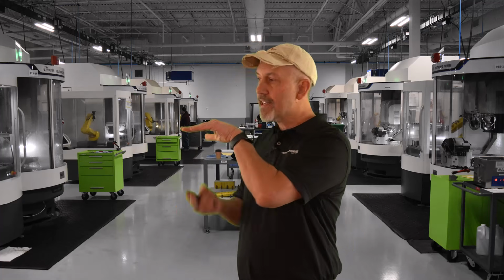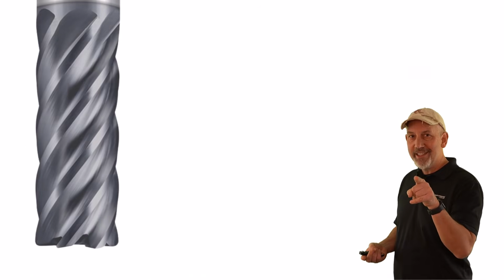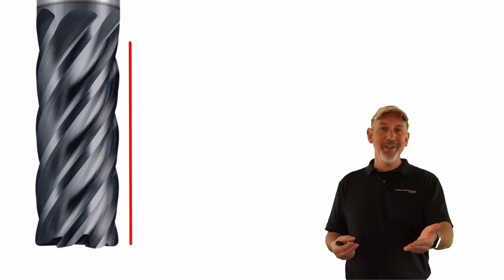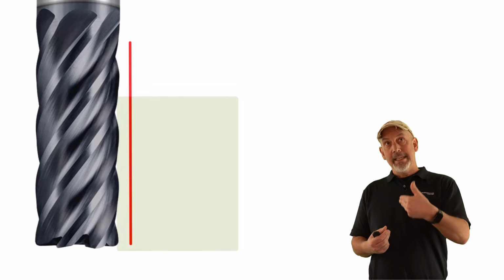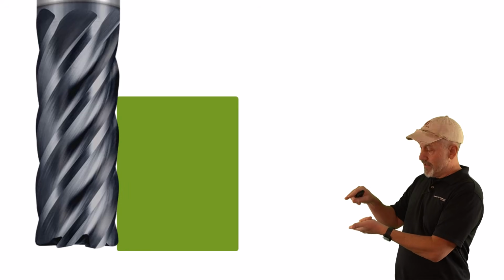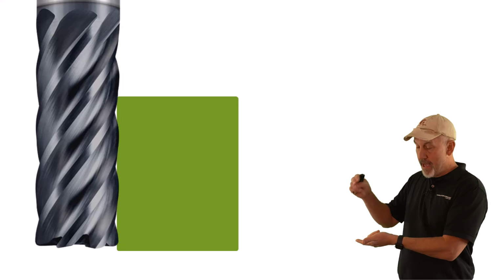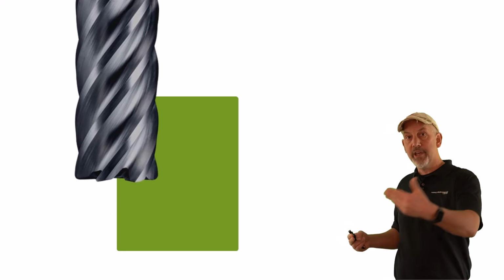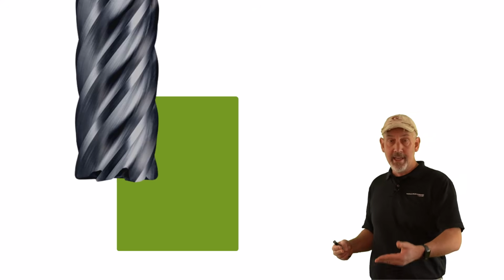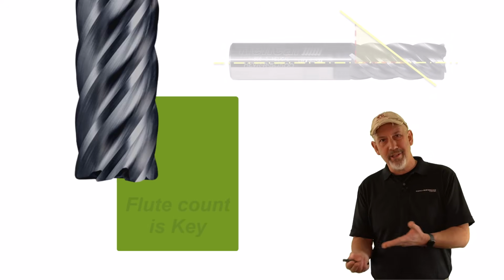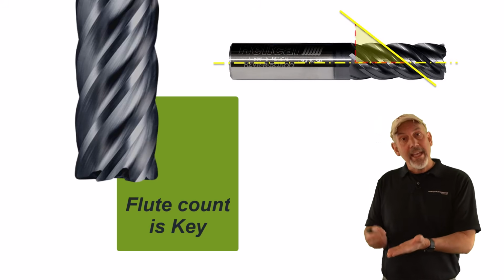So everything that I just explained is in an axial fashion. Believe it or not, there are points of contact in a radial fashion. The way I look at it is you can have axial, which means I'm going to change my axial depth of cut to get more than 1 point of contact. I'm going to change my radial step over to get more than 1 point of contact. And I'm going to make sure I got the optimal helix angle, which makes a difference.